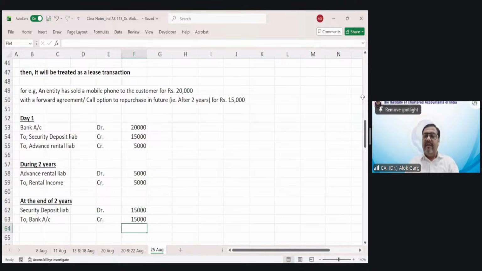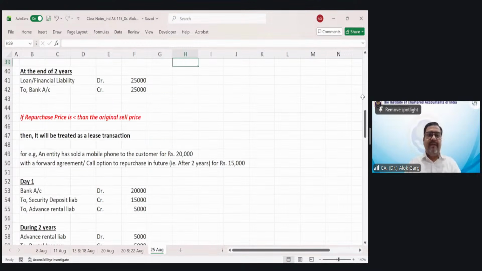Friends, have you been able to understand or you haven't understood? What if the seller does not want to repurchase after 2 years under the call option? Rachit, you are absolutely right that it has been decided on day one, but let's say at the last moment the seller will deny, I will not repurchase, then it has to be recorded as a sale transaction because the control has been transferred. Okay, it has to be recognized as a sale transaction. Okay, clear? The moment the seller denies to purchase. Okay, clear or not clear?